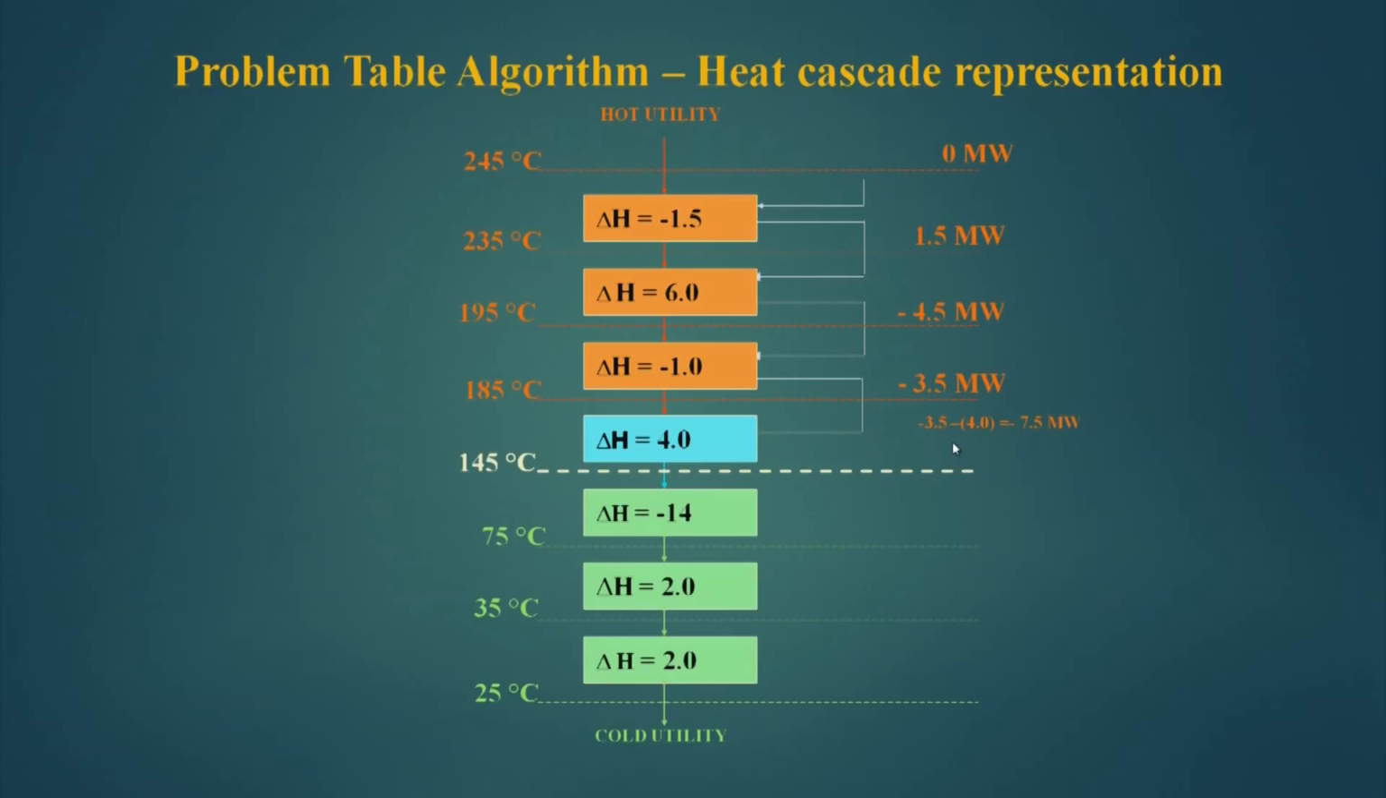this is minus 3.5 minus 4.0, it becomes minus 7.5 here. And similarly, I can calculate the heat which will pass through different temperature levels. Now, here I find that the maximum negative value is minus 7.5 megawatt. Now, this I have done through an algebraic calculation, but